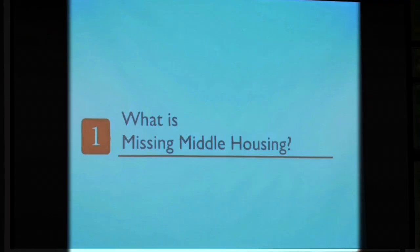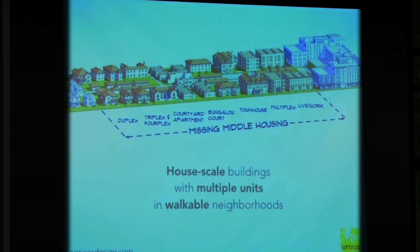So, what is missing middle housing? Missing middle housing are house-scale buildings with multiple units in walkable neighborhoods. Simple as that. It is different than middle-income housing. The second slide that I showed you, where we went on the walking tour and people were scared of 12 units per acre. That is where the concept of missing middle came from. We realized that all of our historic neighborhoods had these types of houses in them